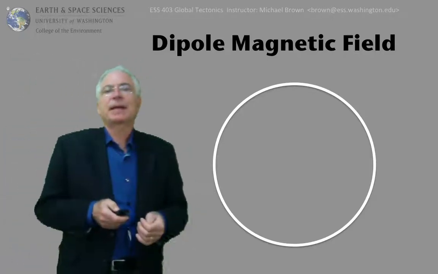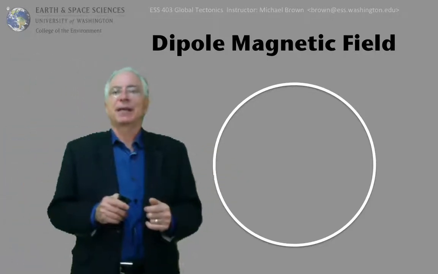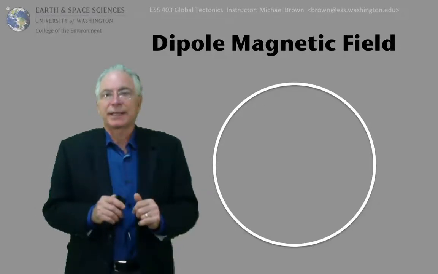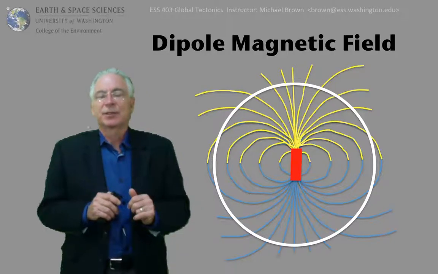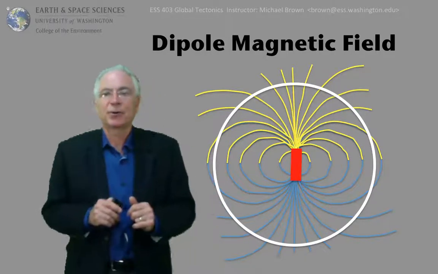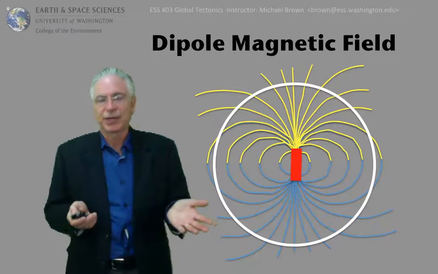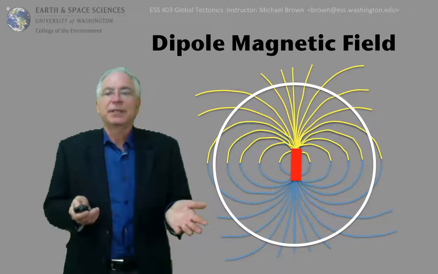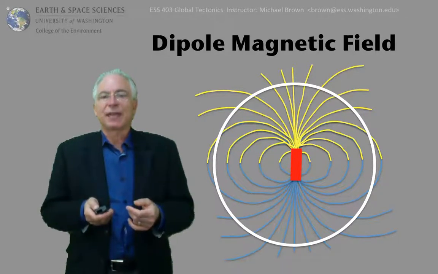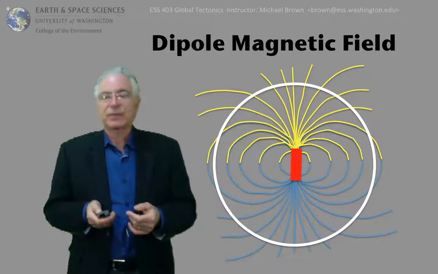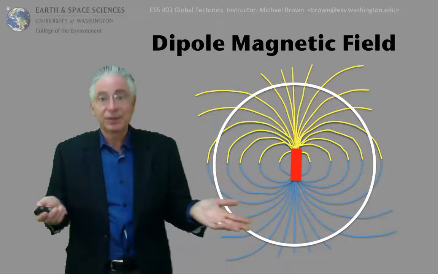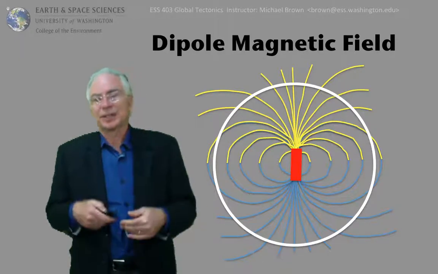Well, let's step it back now and look at the entire Earth and its magnetic field. The starting point is to look at a dipole magnetic field. So here is a dipole magnetic field superimposed on a cross-section through the Earth. I've put the dipole at the Earth's center, and I've aligned it more or less with the rotational axis of Earth. Features that you see in this, well, there are 2 poles, the north pole and the south pole of the magnet,